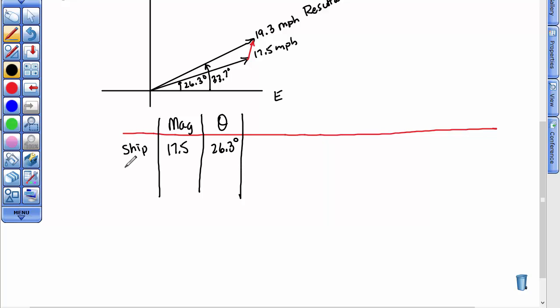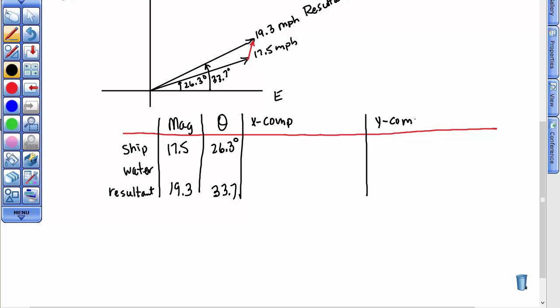And then I have the water, but I don't know anything about the water right now, but I do know the result of all of this. And the result is that the ship travels at 19.3 miles per hour at an angle of 33.7 degrees. So what I'd like you to do is pause and find the x components and the y components of the two vectors that we've got here by,